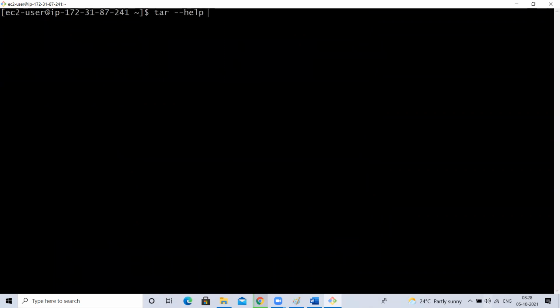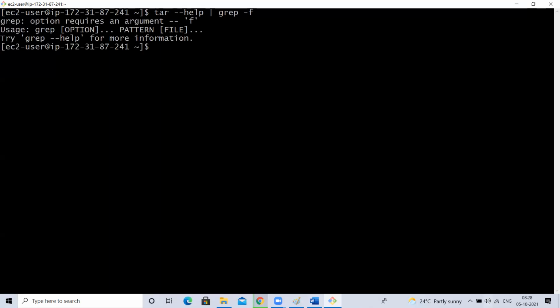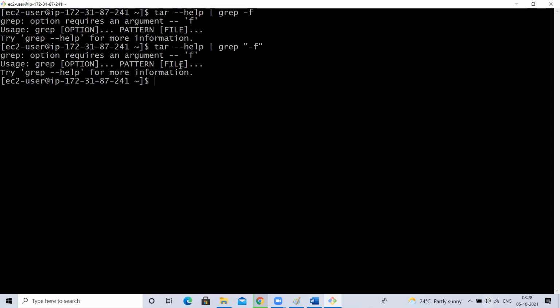Hyphen help I'm already using, but it gives full information. I just want to know about hyphen f. Grep. It is saying option required for argument f. Sorry, how do I pass grep? Now it is troubling me.